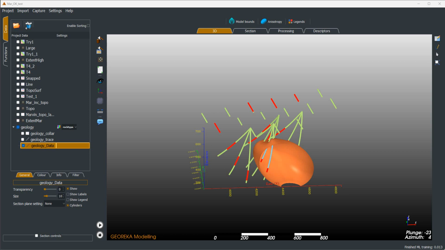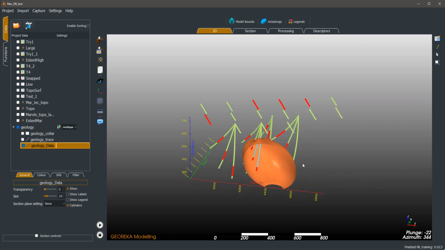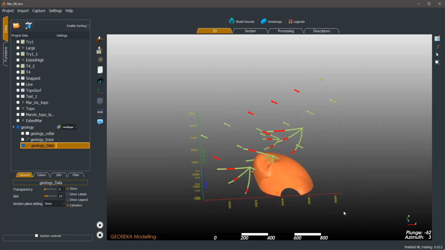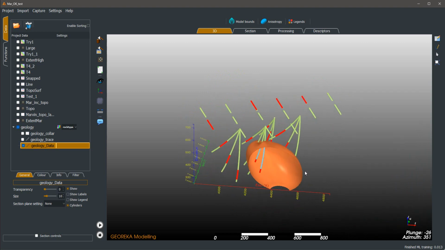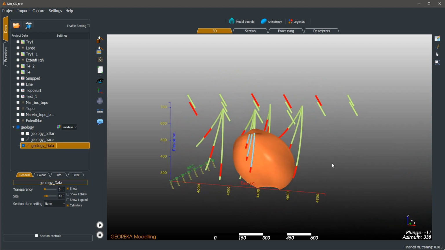Hello again. In this video I'll demonstrate a little bit how you can make manual changes to functions. So we'll look at a function. In this case I'm showing the simple granodiorite here, but there's only a few samples here. So what we're going to do today is see how we can manipulate this shape a little bit by manually adding control lines